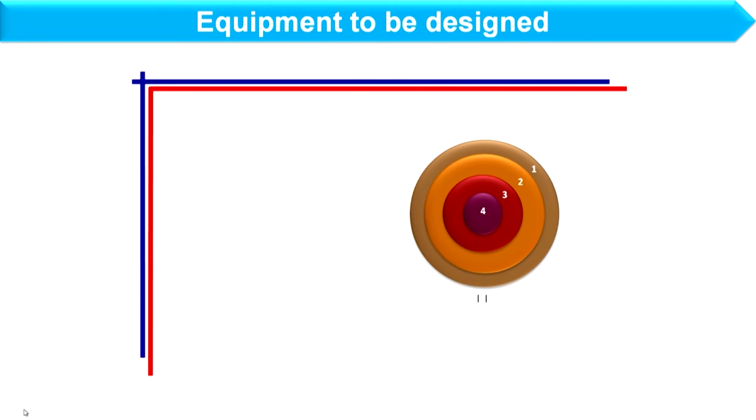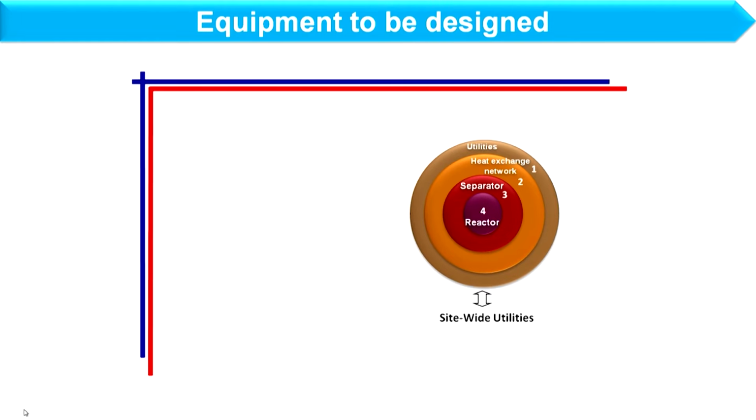So, in this course, the main emphasis will be on design of equipment for chemical industries. All equipment which we are going to select will be related to chemical process only. The hierarchy of chemical industry can be represented by an onion diagram. As you can see here, this is the onion diagram where the main equipment such as reactor, separator, heat exchanger network and utility system are shown through different layers of the onion diagram.